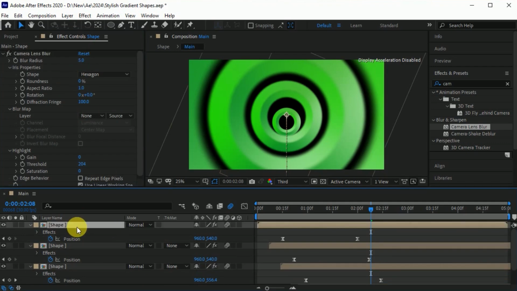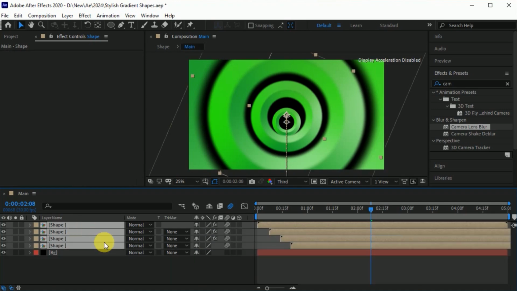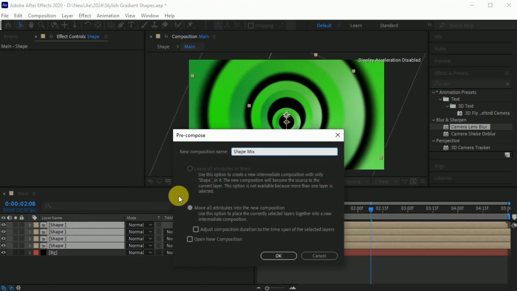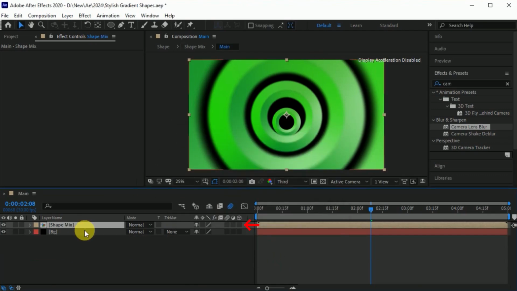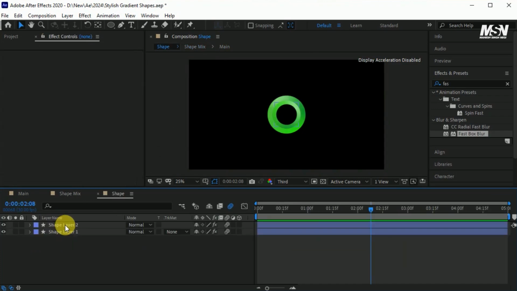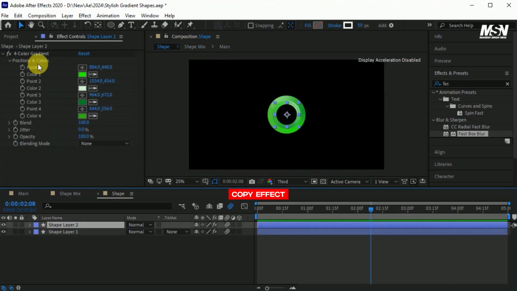Select all circle comps and minimize them. Then right-click and pre-compose it, rename it Shape Mix. Move all attributes and hit OK. Turn on motion blur. Double-click the Shape Mix comp, double-click the shape comp, click the circle shape, copy the 4-color